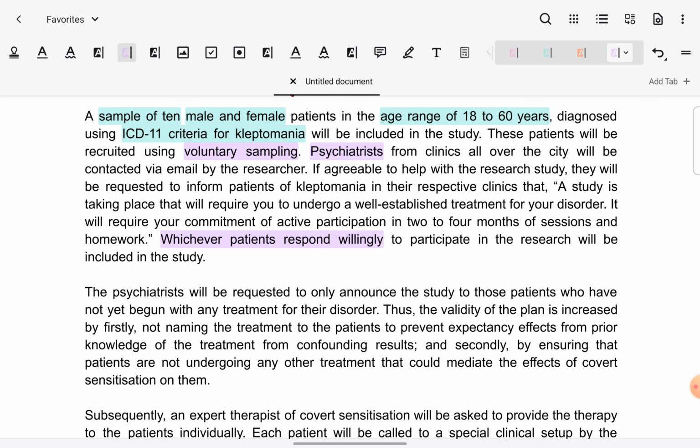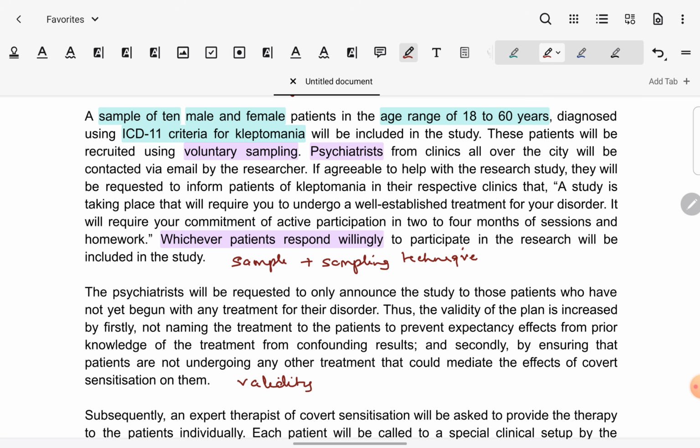So this paragraph was about sample and sampling technique. Now one thing students really miss out is talking about how they are improving the validity and reliability of their plan. That has been made compulsory, so it's good they have made it clear in the syllabus. We have to talk about in any study how reliability and validity is being enhanced in the plan. So here